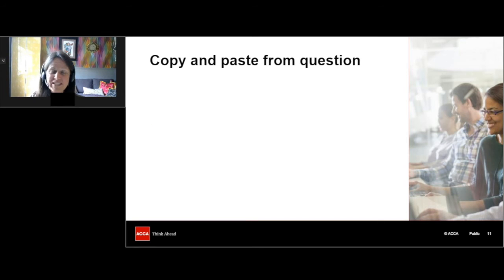Copy and paste from the question. Now that's something that's really, really helpful. Since we moved on to the computer-based exam, you can now select text from the requirement or from the information in the question and paste that into your answer. The way that I'd like to do it is with a keyboard: highlight the text, Control-C to copy, and then Control-V to paste. And there are instructions in the software that do guide you through this as well. You can right click as well to copy, and there is a paste button. So these are just different options, and this is why it's good to practice.